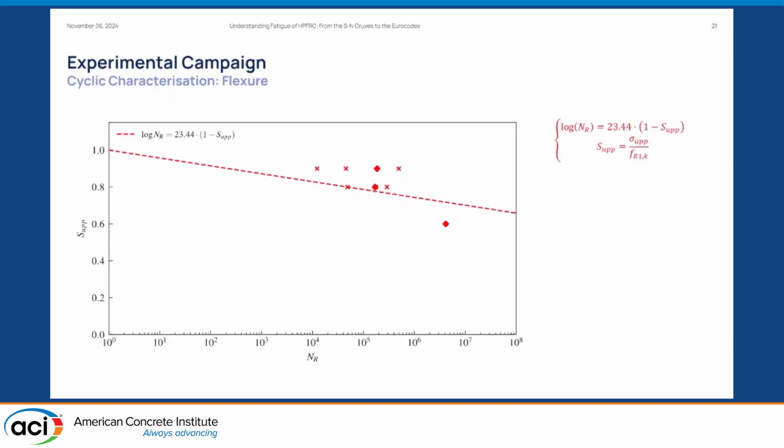Okay, so on the basis of these results, we then plotted them on an S-N curve. The diamonds here are the predicted fatigue life numbers that were obtained previously, and the crosses are the experimental points for the tests that failed, and this is the S-N curve that we obtained. And again, here the load level is defined as the upper applied stress level with respect to FR1k. Now I wanted to compare this with what we can find in the codes.